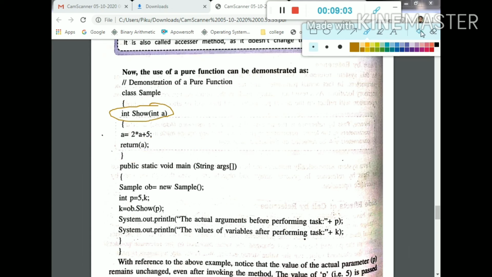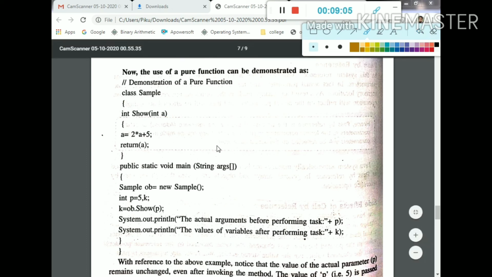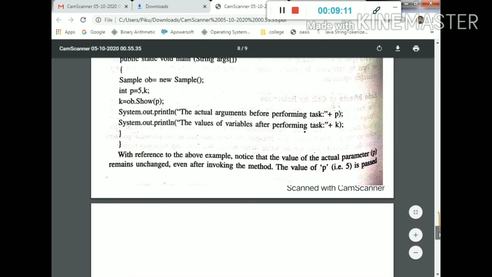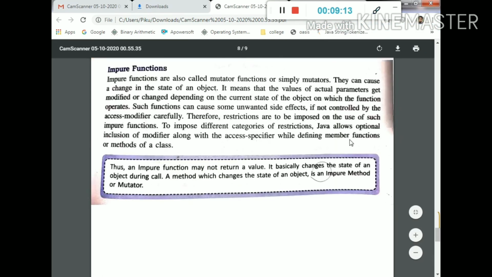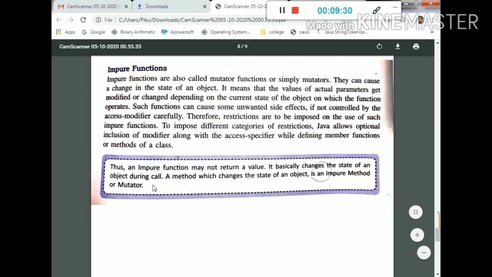The next topic is the impure function. An impure function may not return a value. It basically changes the state of an object during a method call. A method which changes the state of an object is an impure method or mutator.